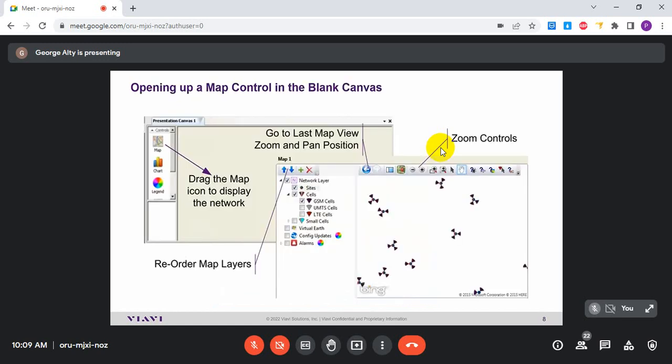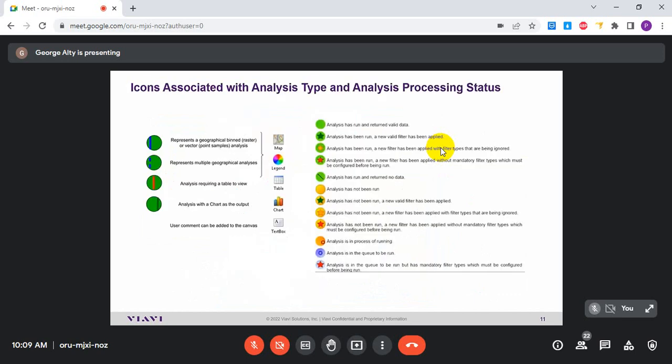Now, to get used to using Geo, you'll see here that most of the analysis that we drag over have an icon next to it or available in the data selector. And these actually mean something here. So we can see here that this green with the blue in it, we're looking at a geographical bin raster or vector points analysis, and that means that you require a map. Okay, that just gives you an indication of what you need to put onto the canvas